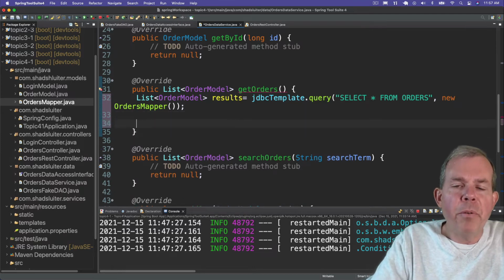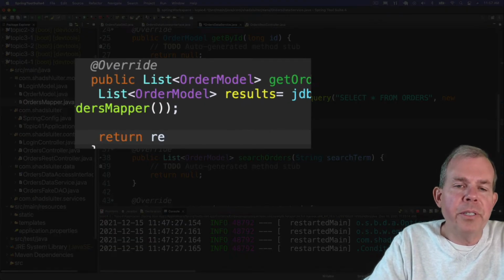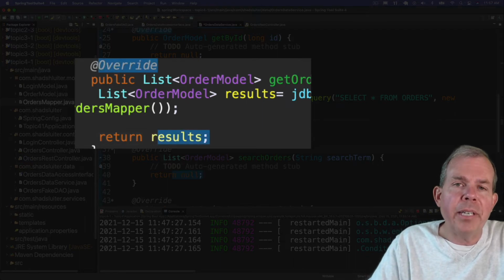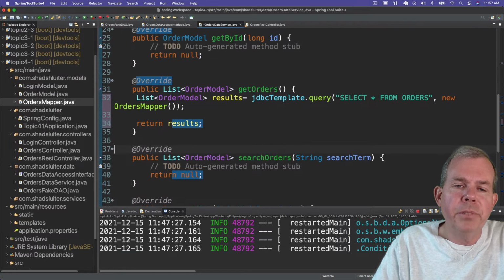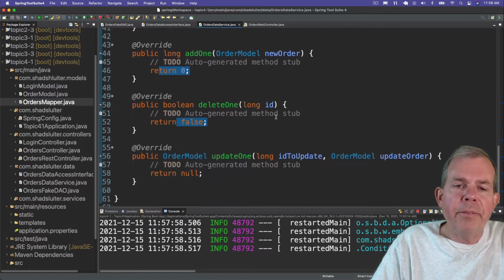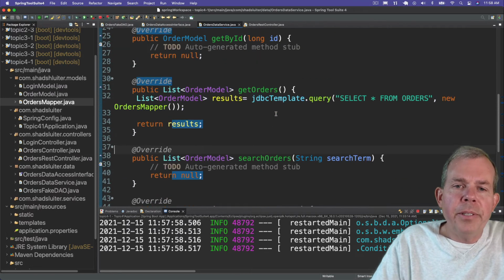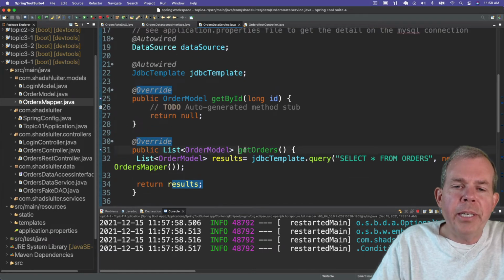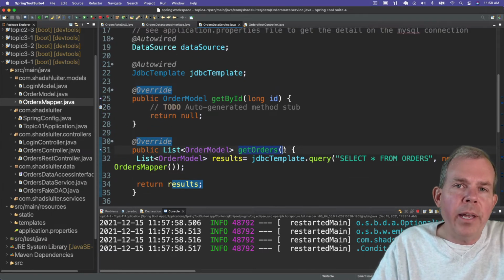The final step before we move on is to return those results. As we promised in the property of the return type, it's a list of order model. So results will be sent up to the next level, which is our business service. All right, so now look down the ways. We've got a bunch of code left to right here. So this is incomplete, but we should be able to get the orders that we want if we can run